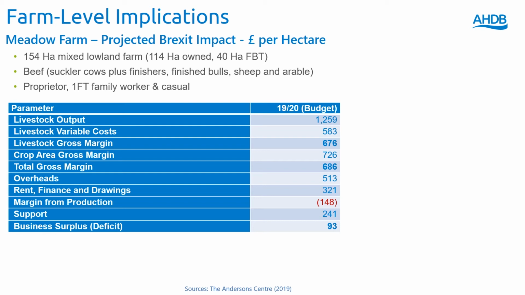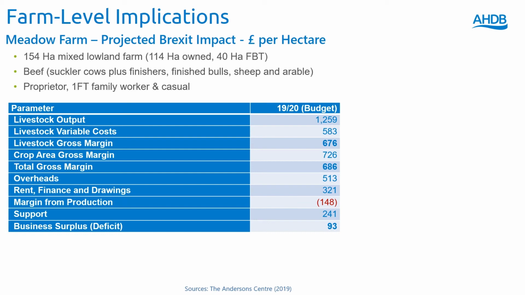So looking at the projections for 2019-2020, you can see livestock is projected at £1,259 per hectare overall, and you can see going down towards the margin from production. This farm is making a loss if we just look at the production output and associated costs alone. It is only when support is added to that farms such as this start to generate a surplus. In the case of Meadow Farm, it's at £93 per hectare for